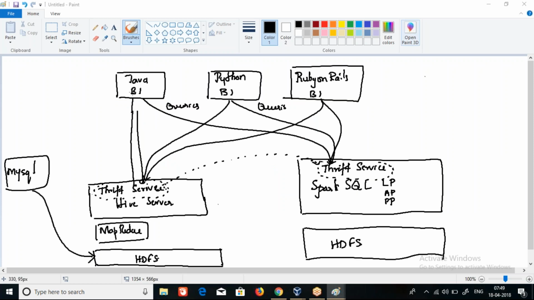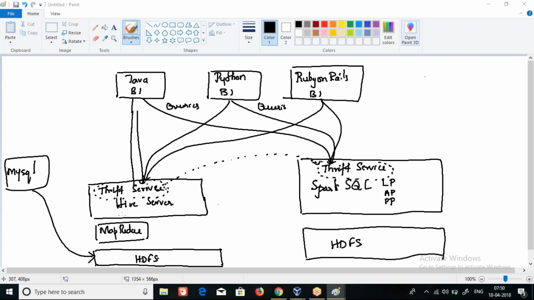This is a Java based BI tool. This is a Python based BI tool. This is a Ruby on Rails based BI tool. So all these BI tools, if they want to connect to the Hive server, the Thrift service acts as an